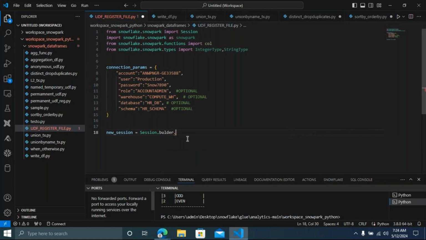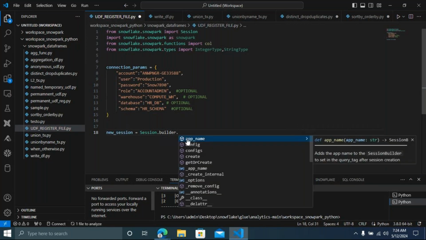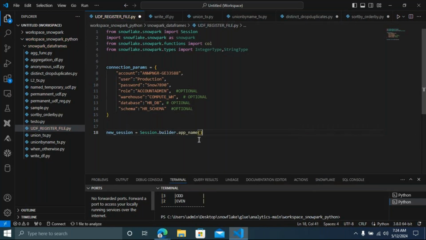Dot builder dot app name. You can give any name for the UDF from file, and then